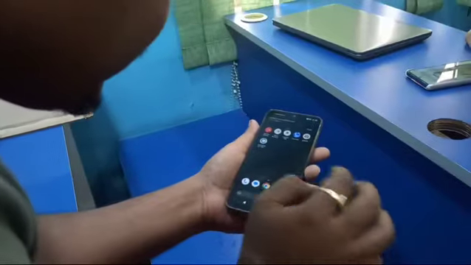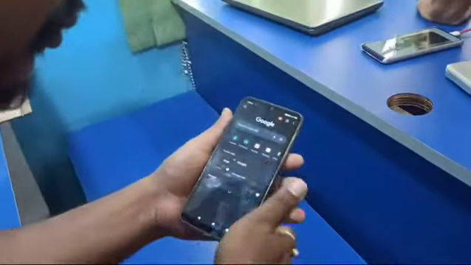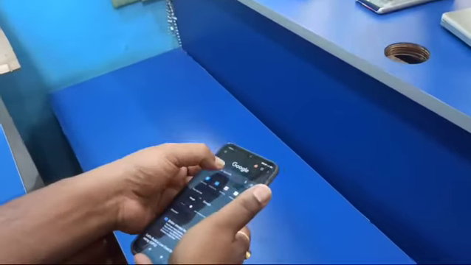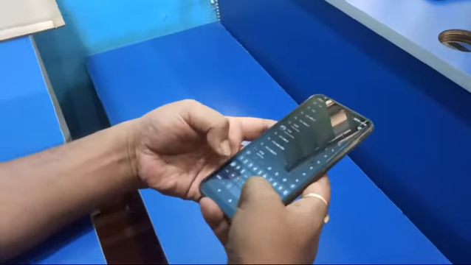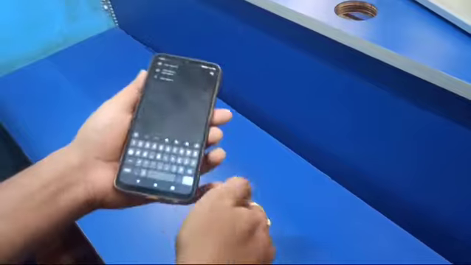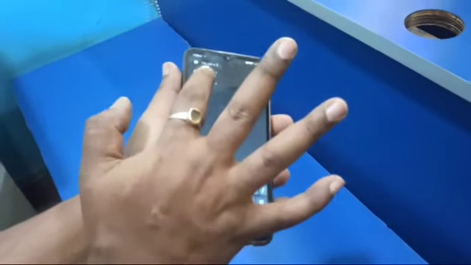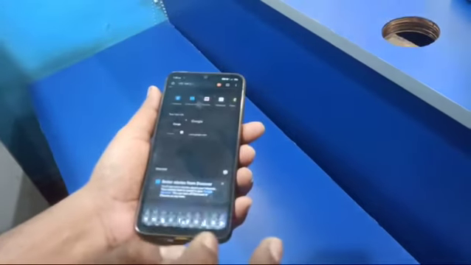Next step, open the browser and type 192.168.4.1 and press Enter.